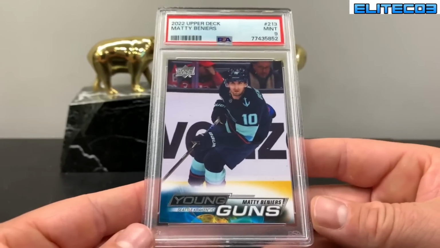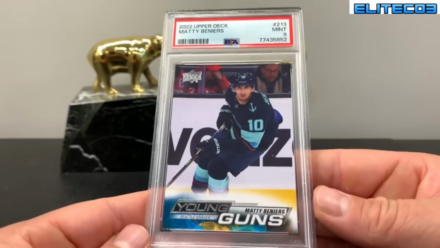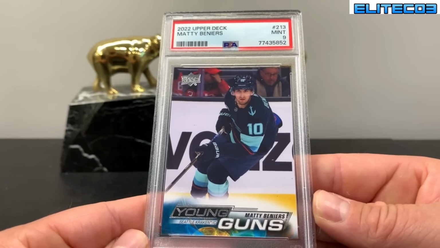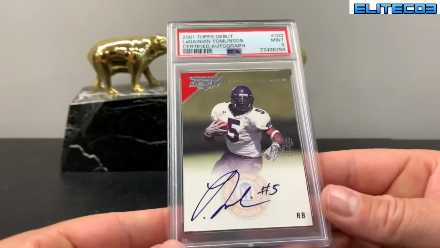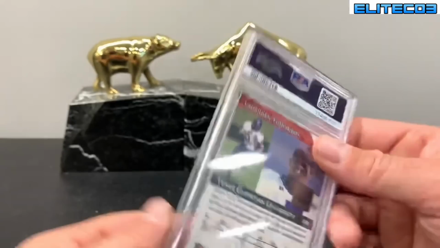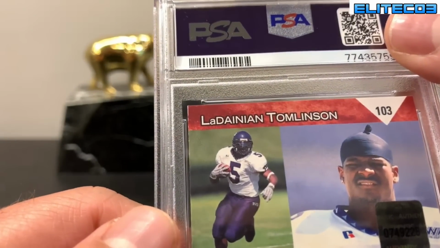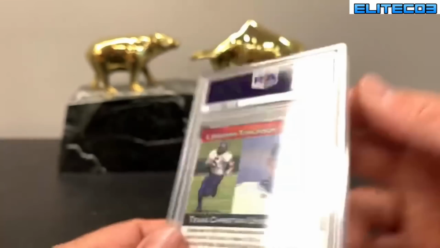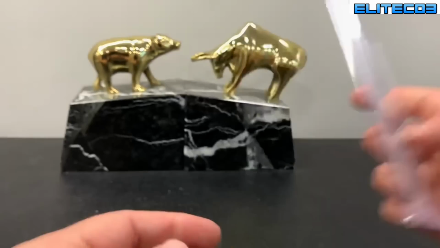Here is Matty Beniers. I don't know if I said that right. For the Kraken. LT, this one had just that right there. Very close to a 10. You see that white? So I think that's enough to take away the 10. But the debut,